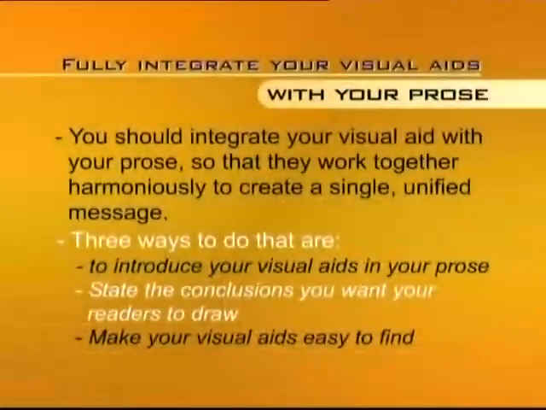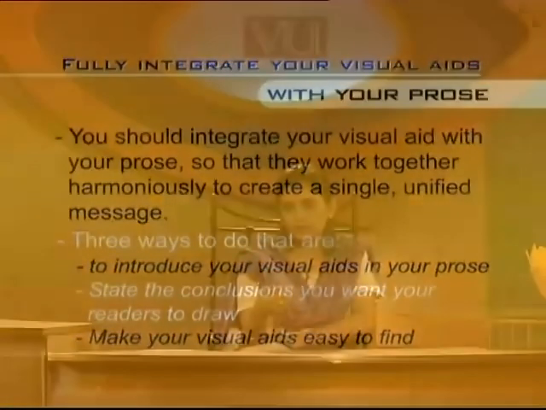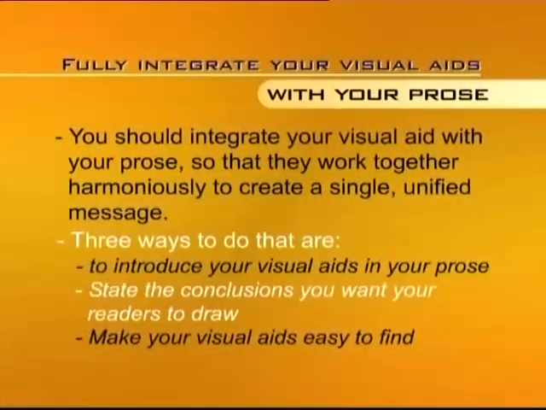आपस में जो भी आपका टेक्स्ट और विजुअल एड मैसेज दे रहे हैं, उनमें यूनिटी होनी चाहिए। There are 3 different ways in which you can do this. You can introduce your visual aid in your prose. जो आपने अपना प्रोज लिखा है, जो टेक्स्ट लिखा है, उसमें आप पहले अपने विजुअल एड का इंट्रोडक्शन दें। Or you can state the conclusions that you want your readers to know. आप अपने टेक्स्ट में ये कहें, बताएं कि आप इस टेबल या इस डायग्राम से कंक्लूजन्स क्या ड्रॉ होती हैं। And also you try to make your visual aids easy to find. अपने रीडर्स को बताएं कि विजुअल एड कहाँ आपने इस्तेमाल किया है ताकि वो आराम से उसको ढूंढ सकें।